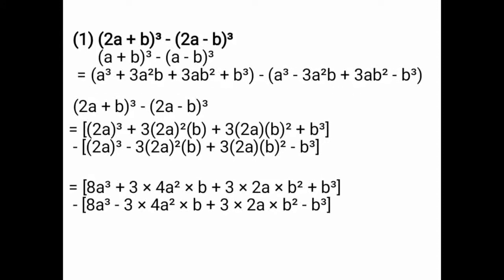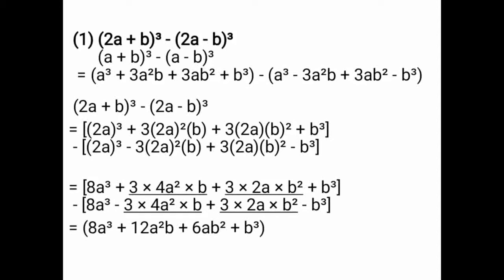That's why you are getting the same answer in both the brackets. Underline 3a square b plus 3ab square. You have to multiply this. a cube and b cube were solved already, you have to write them as it is for the next step. 3a square b and 3ab square, you have to multiply this. That is equal to